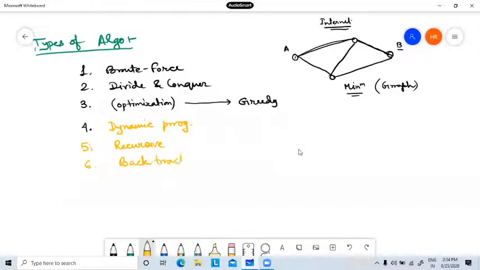Backtracking type algorithms are mainly used for different games. Suppose you want to implement chess. In those types of problems, there is a backtracking concept where after reaching some state, you have to backtrack. Suppose you have already come into position C, but after reaching C, you see that it is not a success state. So you have to backtrack and start again with another state. This type of algorithm is called backtracking.